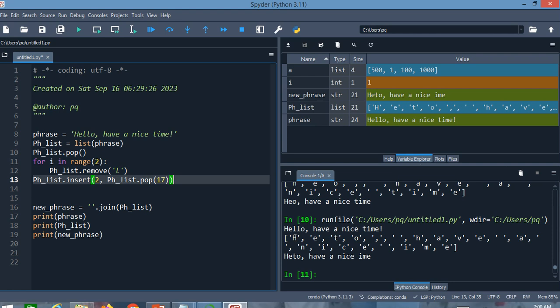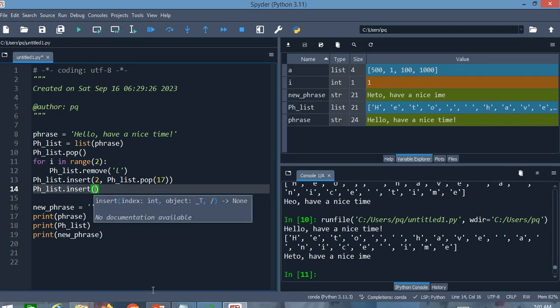The indices start from 0 in lists. Don't forget 0, 1, 2, 3, 4, 5, 6, 7, 8, 9. So the index of this E in our list is 9. Let's apply it. In the same way, we write a PH list insert. We want to add this E after this T. So the location